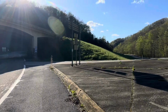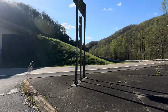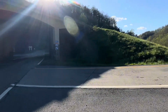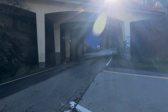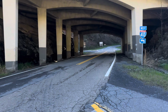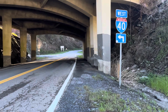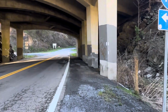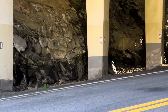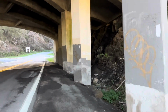post right up here. It has a white blaze on it, spray painted white, but we'll take it. And there are tons of white blazes all along these pillars to make sure that you go the right way and don't get on the wrong one. But yeah, you can see white blaze, white blaze, white blaze. They've really done a good job to make sure that you stay on the right path at this